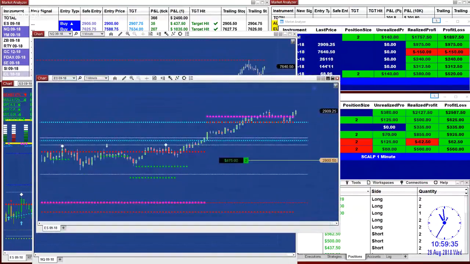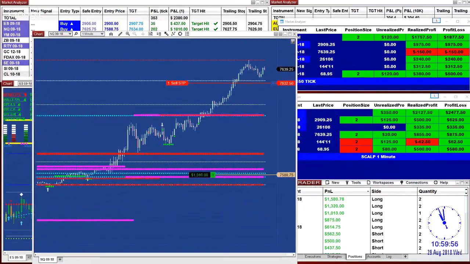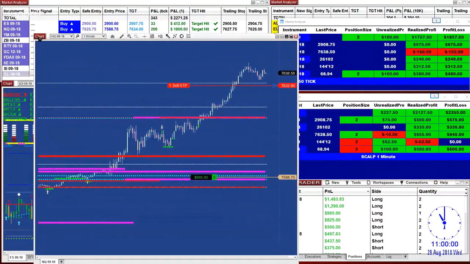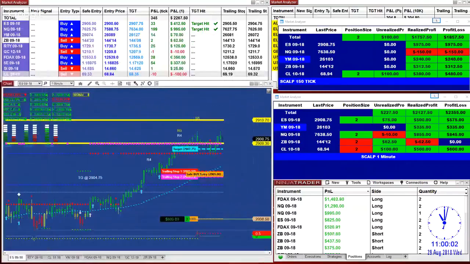So we also have the Russell. If you wanted to see the Russell, I don't want to complicate things. I'm going to leave it the way it is. So we'll keep our eye. It is a very interesting day. Very interesting day. So the Nasdaq, ES,